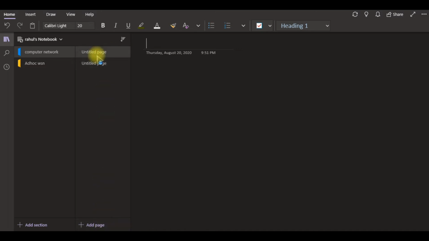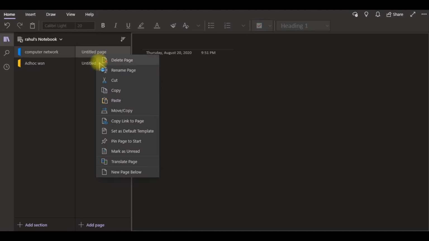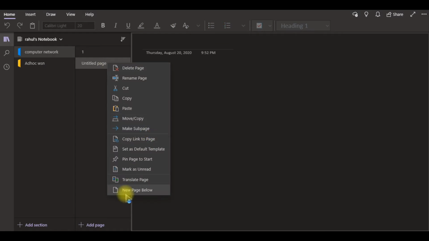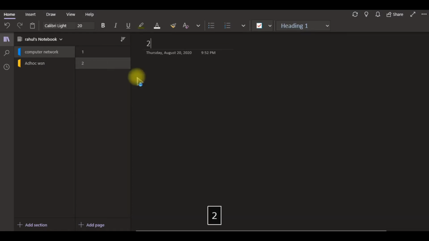This page I can rename it. The renaming option is here. So I take one, or I can make it as some dates. Here I'm just making it as page numbers, that's it. You can make it as date as well, so which day what you handle, you can do that.